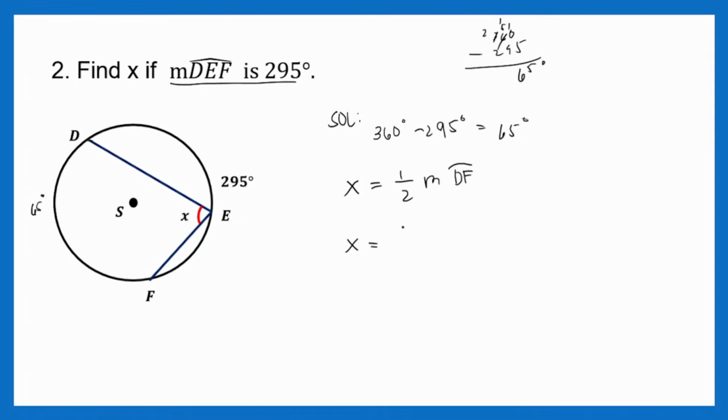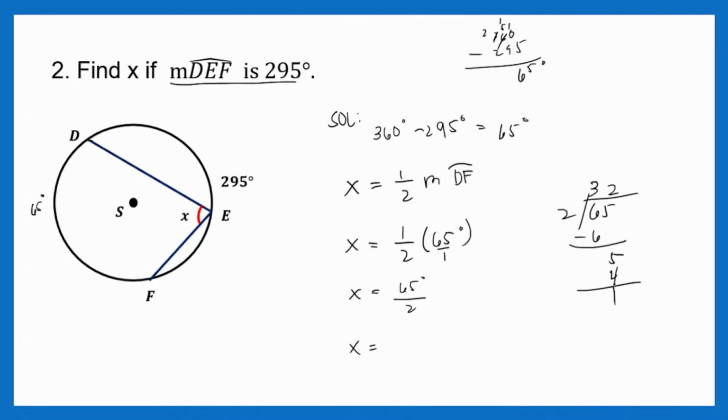Then, we have x is equal to 1/2 times what is DF? Measurement ng DF is 65. So, actually, kung nag-shortcut ka na 65 divide 2, same lang yun. Makakuha mo pa rin yung sagot. Ito lang, yung point lang dito is that, what if hingan kayo ng complete solution para meron kayong ipakita? So, eto. So, may over 1 yan. So, numerator by numerator, denominator by denominator. So, that is 65 degrees over 2. Divide mo yung dalawa. Then, final answer. So, 65 divide mo sa 2. 6 divide 2 is 3. 3 times 2 is 6. 0. So, magiging bring down 5. That is 2. 2 times 2 is 4. 1.